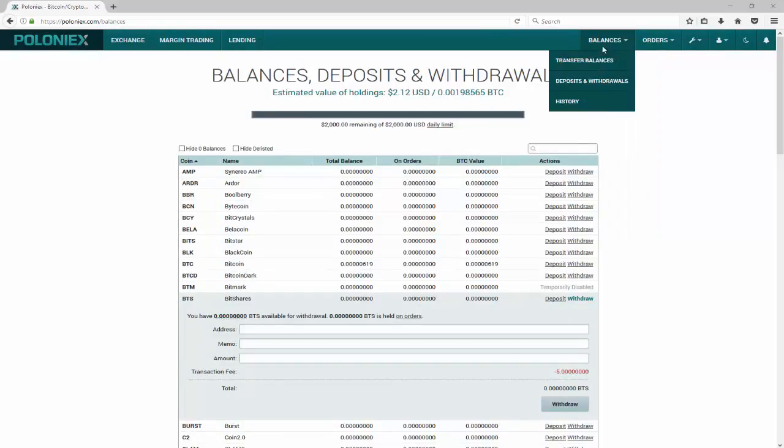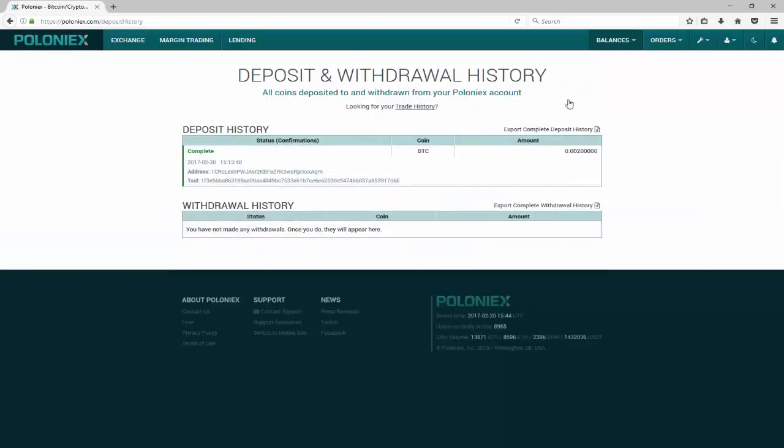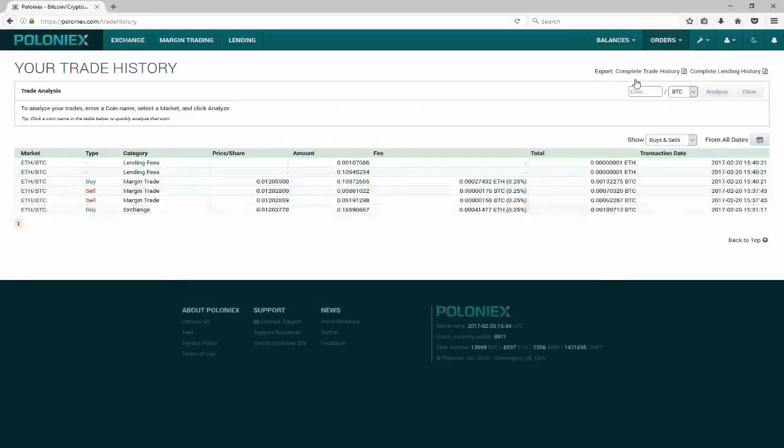And then you can also look at your history. It shows the deposit and withdrawal history. I can look at trade history and analysis. It'll show you all the trades that I just took. So if you need to calculate, you can look at it by dates and add your coin and such. So if I were to look at Ethereum